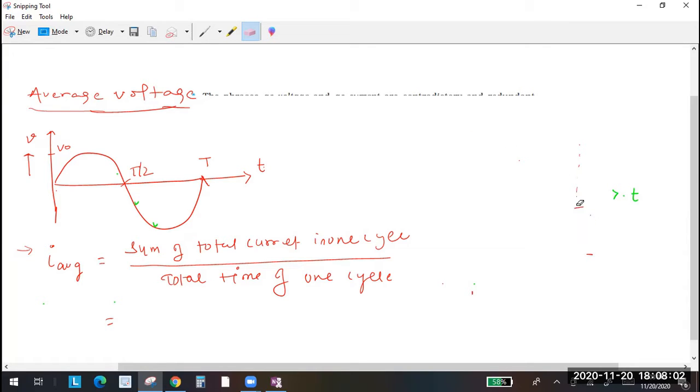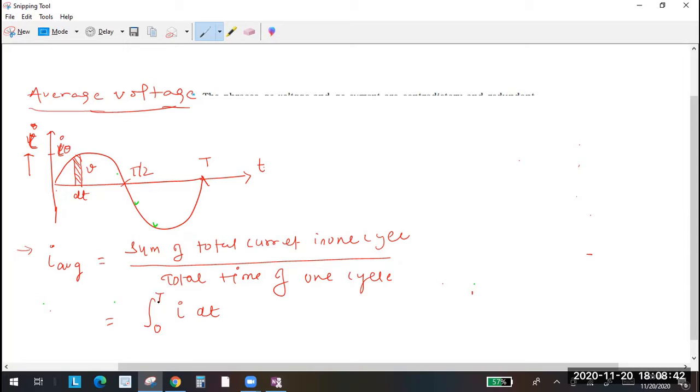Now see it. So for example, in this case, if I have to calculate the area of this whole graph, I will use the same logic. Let's suppose I divide it into very small parts, and this is called dt, and this is any value of I. This should be I, not V, because I'm talking about current. So the total current will be the integral of I times dt, with the limit from 0 to t.